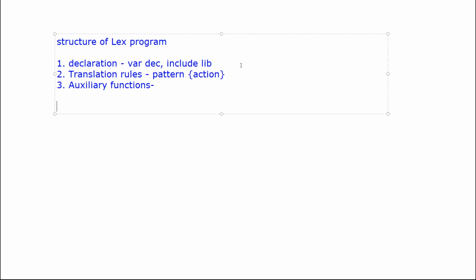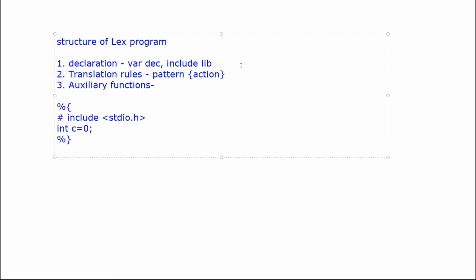So basically the declaration section. The declaration section starts with the percentage sign and then a curly bracket. Suppose I wish to include a library file, include stdio.h. So I can write here stdio.h. Suppose I wish to declare a variable C and initialize it also. So I've initialized it with 0. Now you have to close the declaration section by the reverse of the symbol, percentage and then curly braces.